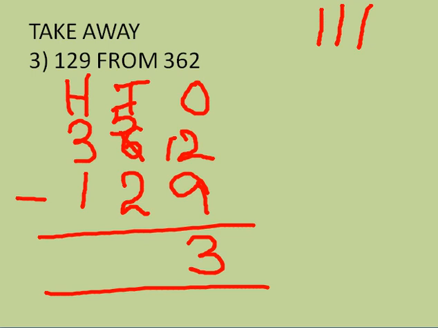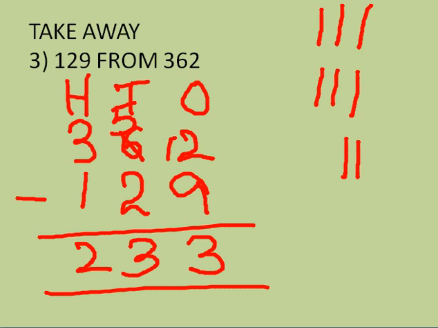Now coming to tens place, 5 minus 2. After 5 we'll start our backward counting and come up to 2: 4, 3, 2. That is 3 again. Coming to hundreds place, 3 minus 1. After 3, we will start our backward counting and come up to 1: 2, 1. So how many lines? These are 2. So it is 2 here.